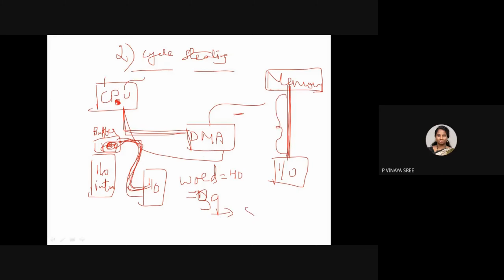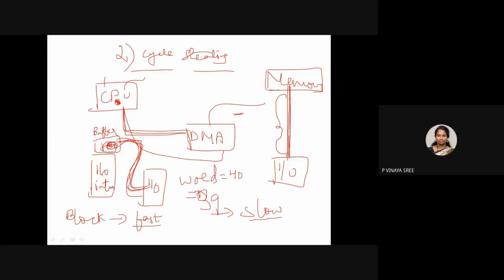Why? Can anyone tell? I'm talking about two ways: one is the CPU and the other is the data transfer. In the first way, called block transfer, is the data transfer slow or fast? Fast, ma'am. Yes, the data transfer will be very fast. Why? Because I'm continuously using the bus, there is no request and grant. Whenever the word is ready, as the bus is available with the DMA, it is not waiting for the bus, so it transfers the data to the memory and it will be fast.